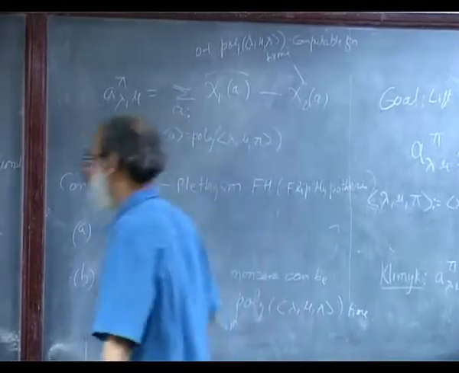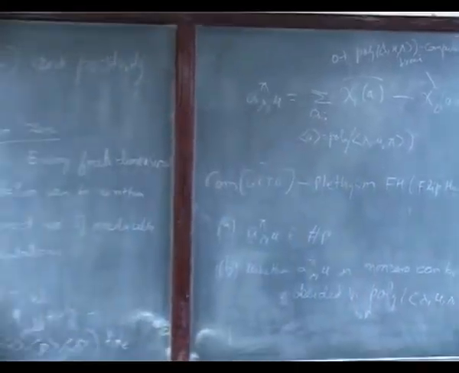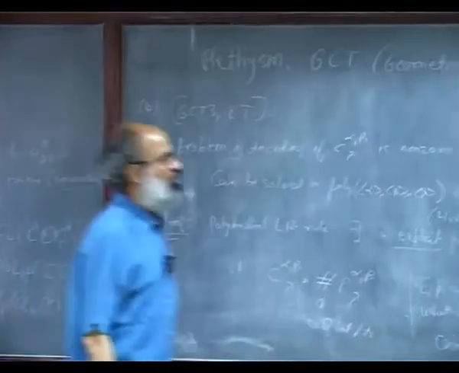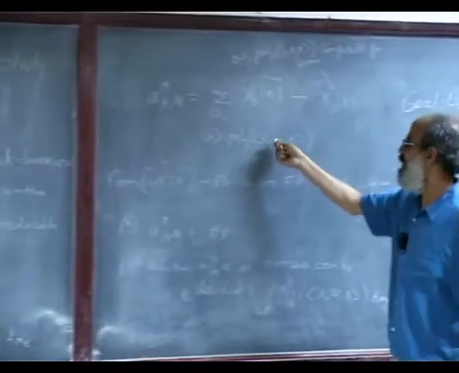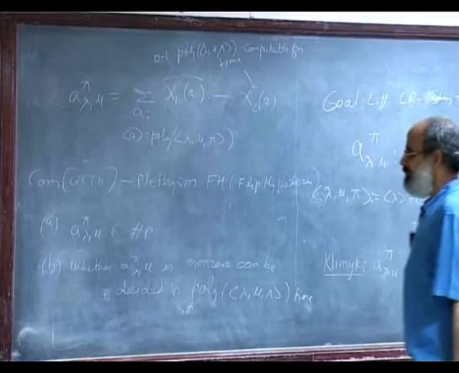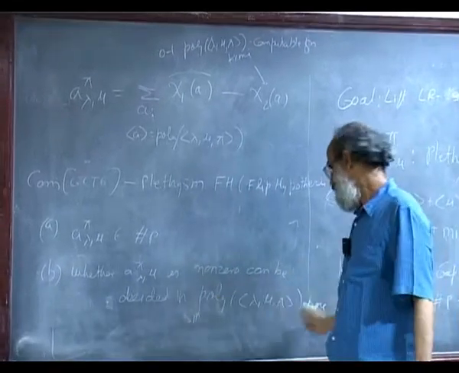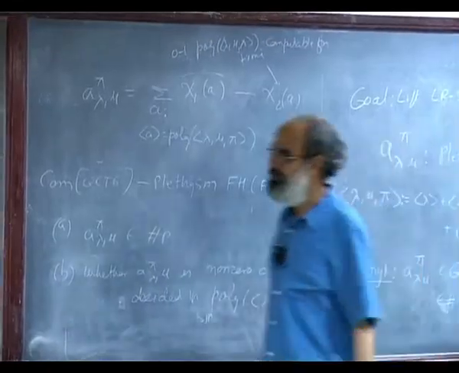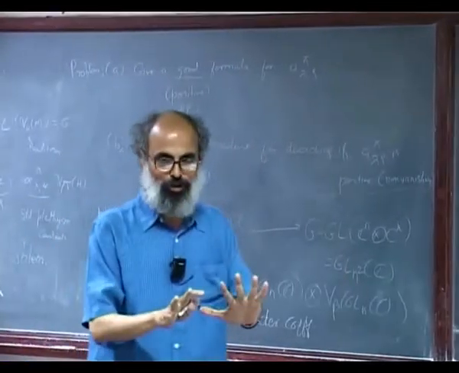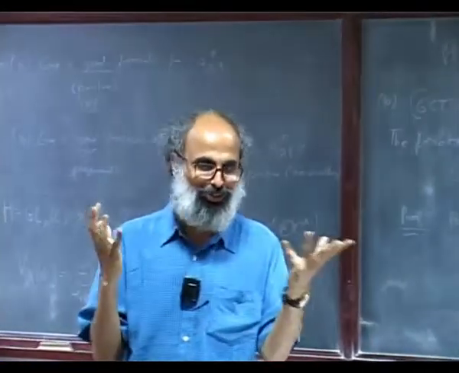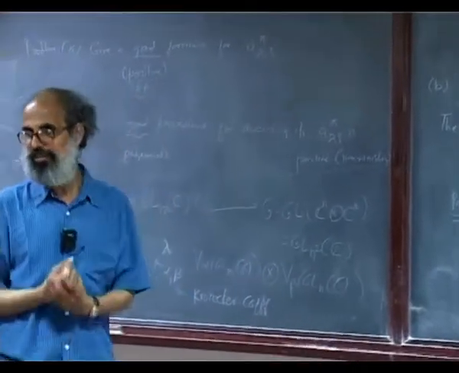So, this is the precise form of the subgroup restriction problem, because at that time we were just saying good, we did not say what good means. Good now means that this belongs to #P in this sense, where the bit length is defined to be this, and whether it is non-zero can be decided in polynomial time. This is the conjecture. If this can be solved, then we can say that we understand representation theory from a complexity theory point of view. Otherwise, we just have building blocks, but we don't know what to do with those building blocks. That is the current state of representation theory.